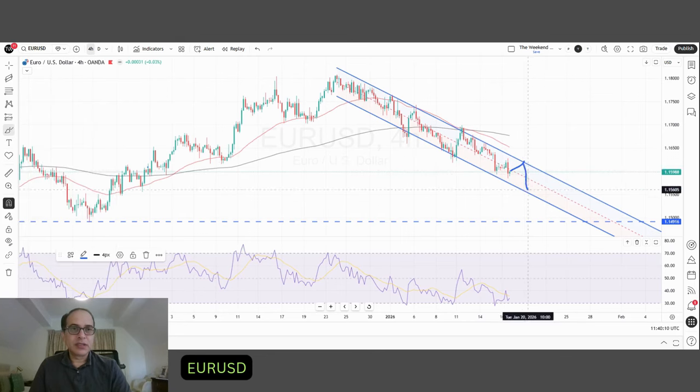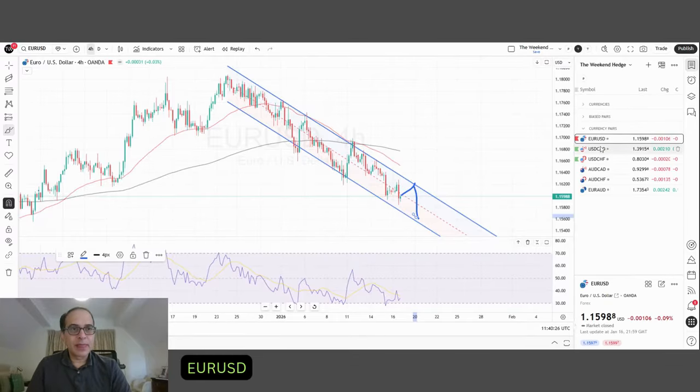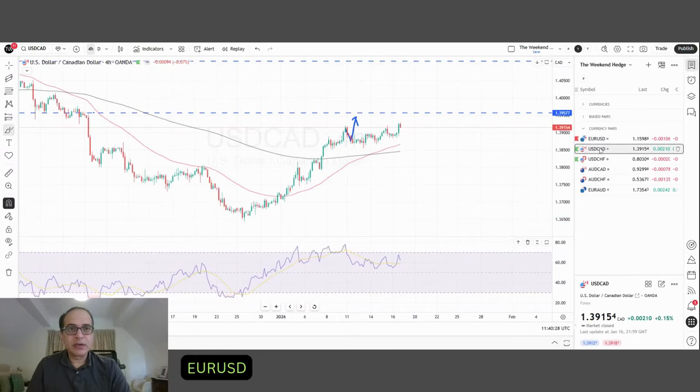And draw that there. And I would be looking at continuing this as we go towards the 1.15 level and keep booking my profits there. So that is the Euro USD. Let's keep going. So the USDCAD,